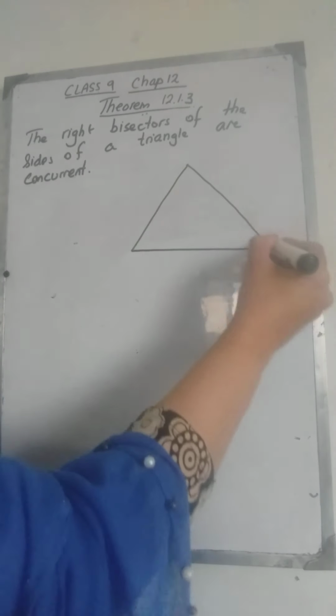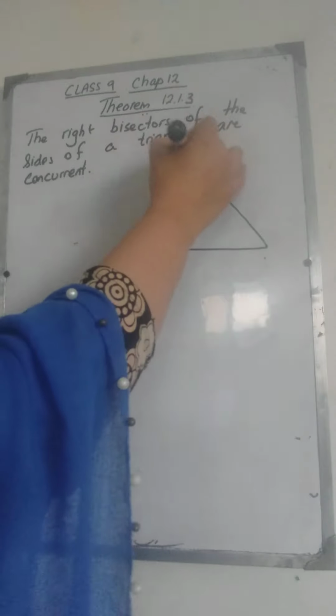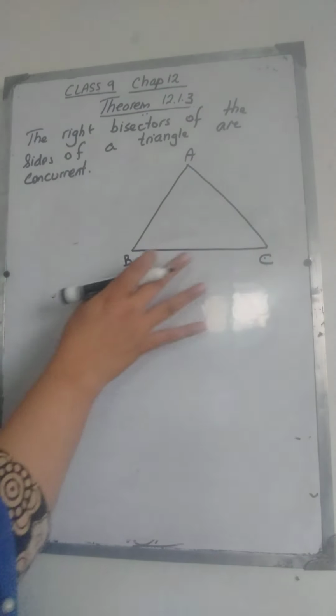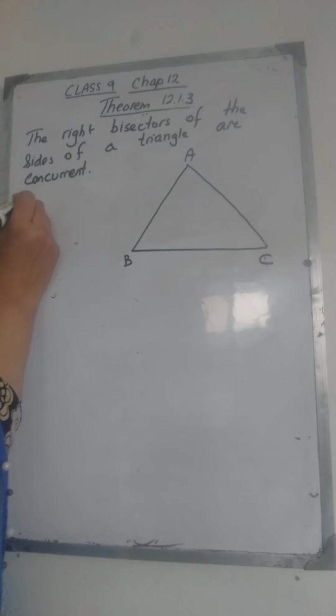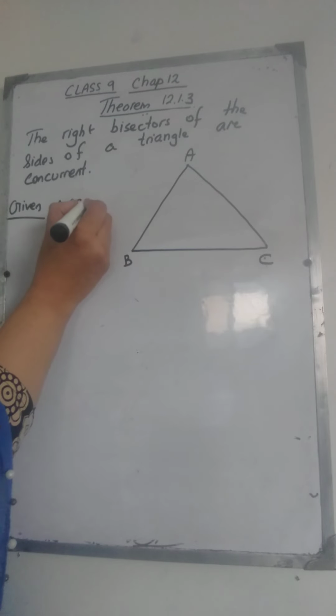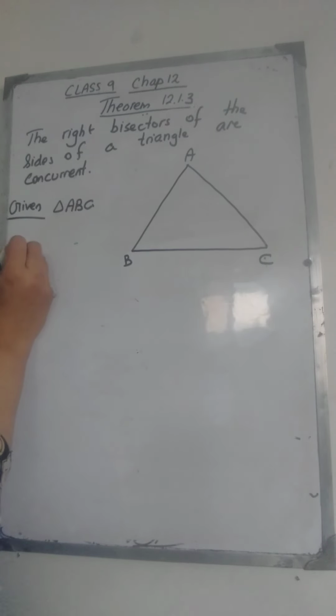This triangle A, B, C. Okay, we are given a triangle ABC. Let me write. Given, they have given us a triangle ABC. Okay, we need to prove that